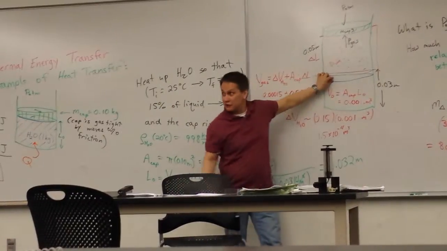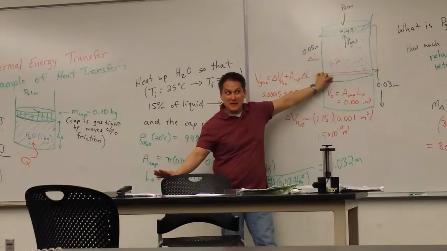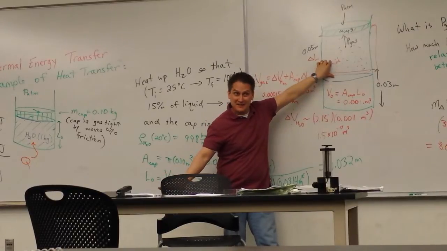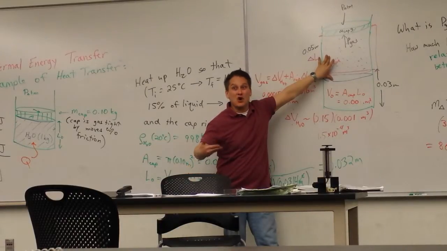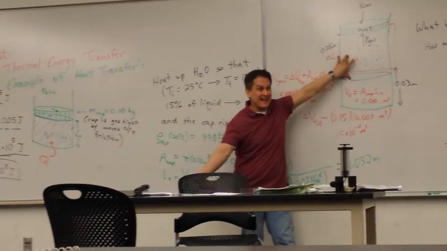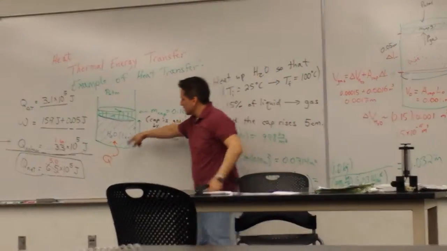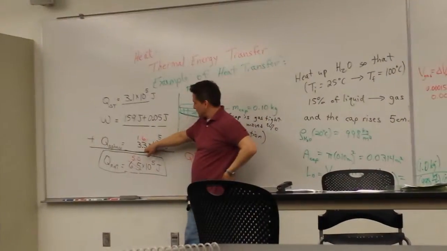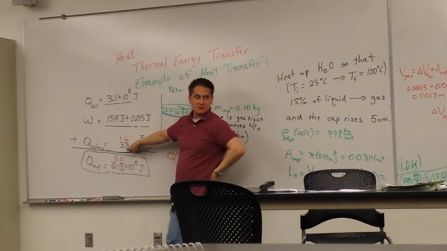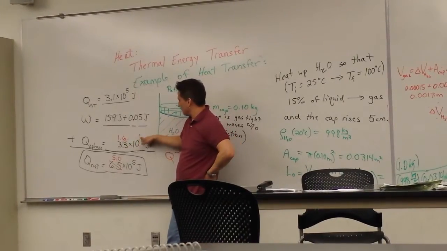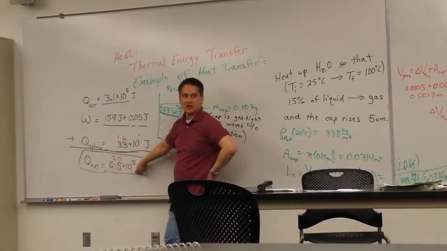I overestimated the volume, which means I'm going to slightly overestimate by the same fraction the number of gas particles, which means I'm going to overestimate the amount of heat needed. So if this number is 1% or less, that's going to make that number even smaller. It also means that this number changed significantly. It's more like 1.6 times 10 to the 4th, which means this number's tinier.